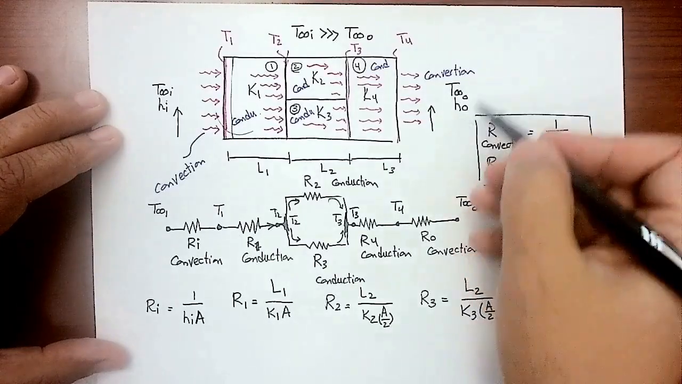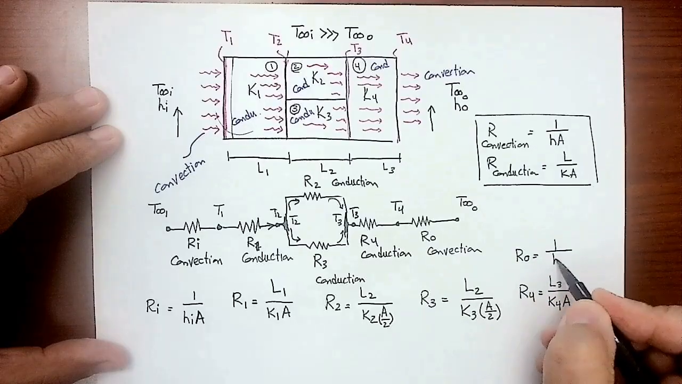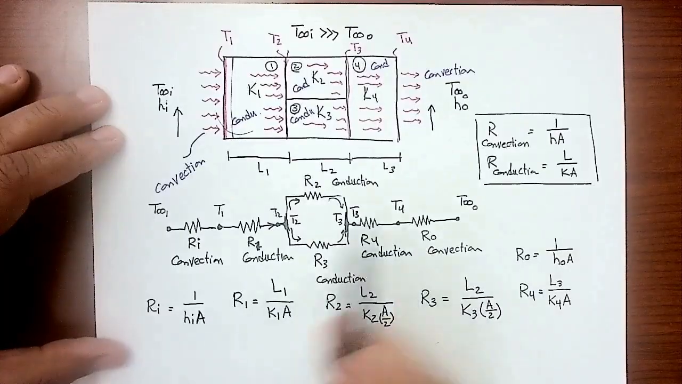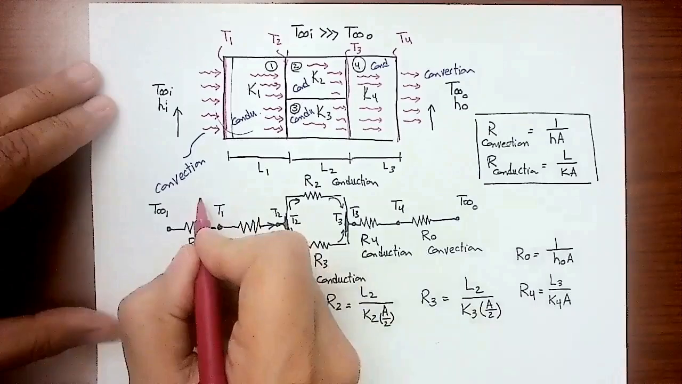The last resistance is for the convection outside, which is R out. R out is 1 over h out. I'm still having the total area. So now, if you know all these variables, you can calculate the resistance. Now, if you want to calculate the heat transfer,